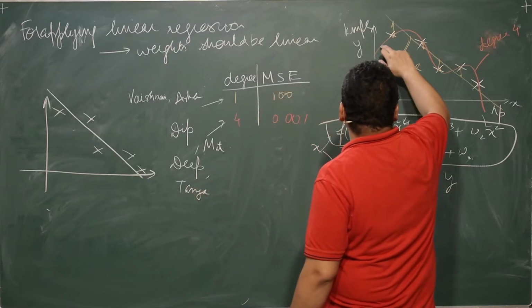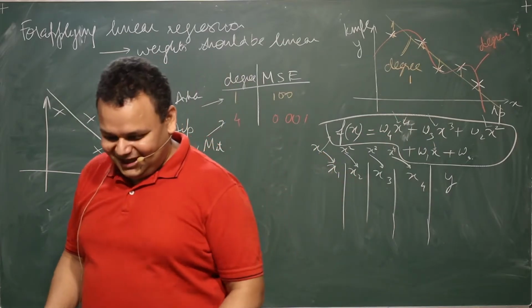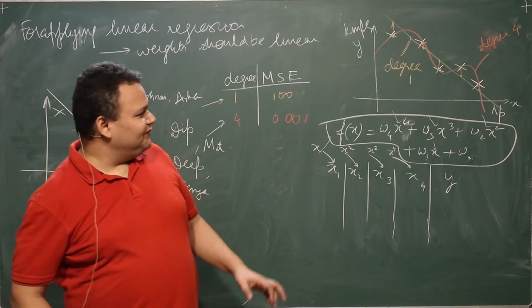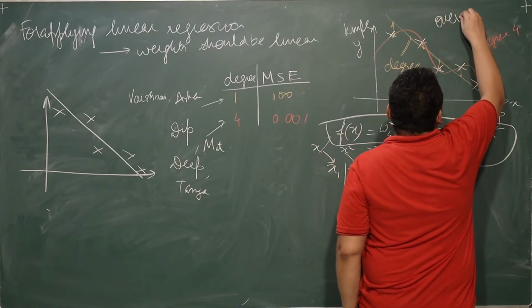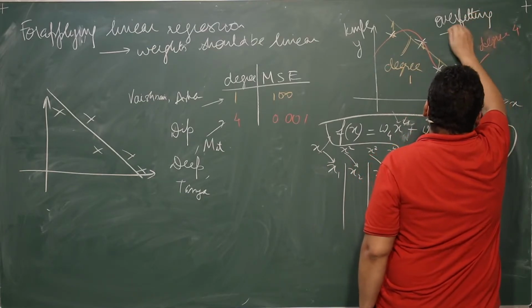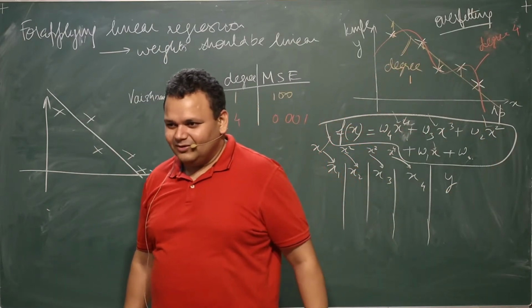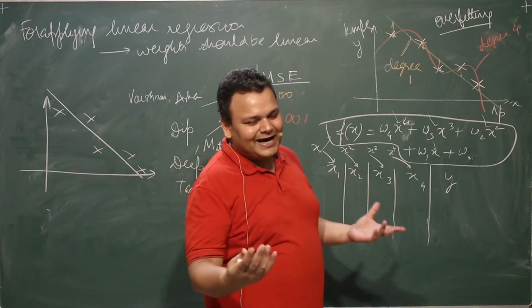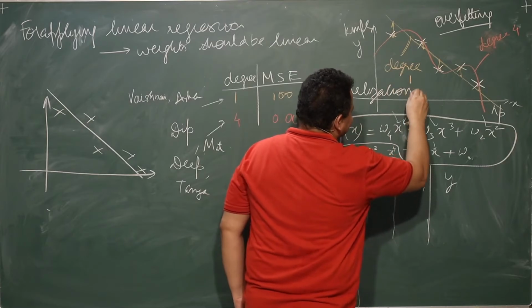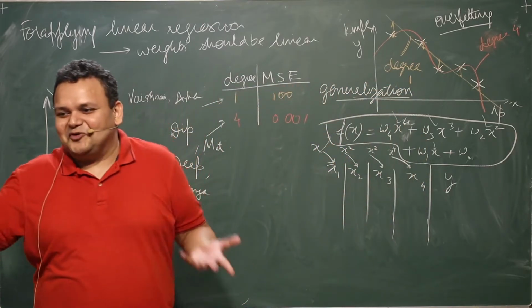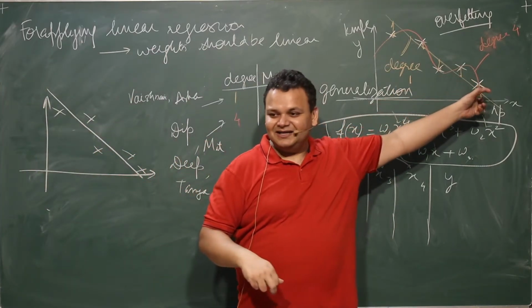If we were to fit this 4 degree polynomial into these 5 data points, then what are we doing? Overfitting. This particular phenomenon is called overfitting. That is good. I think I have mentioned it in the first class, but in any case, we are overfitting the data. It is not able to do something called generalization. What is generalization? That your model should be able to predict correctly any data that it has not seen before.